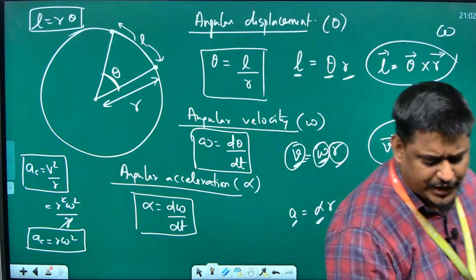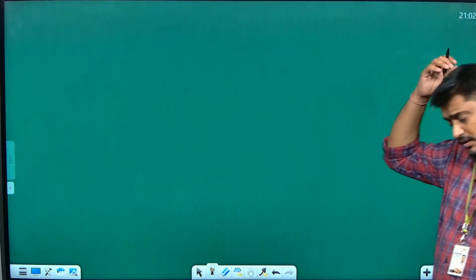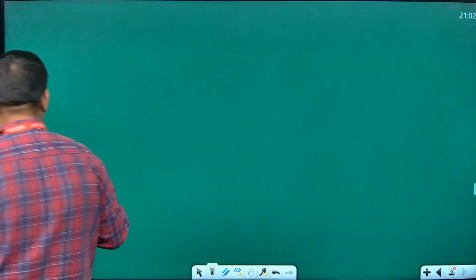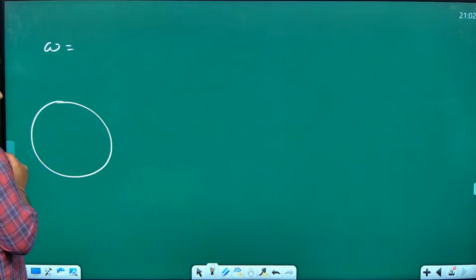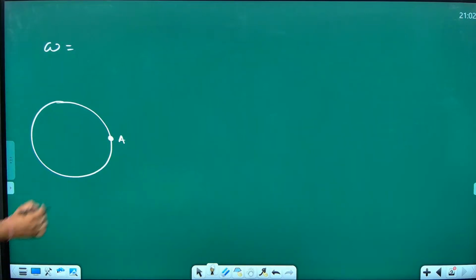One more thing I would like to say here. Once again, one important thing. If I write some formula, what formula have we learned now? In that we have learned omega, which is angular velocity. So can you feel that if an object starts from here, position A, it takes one